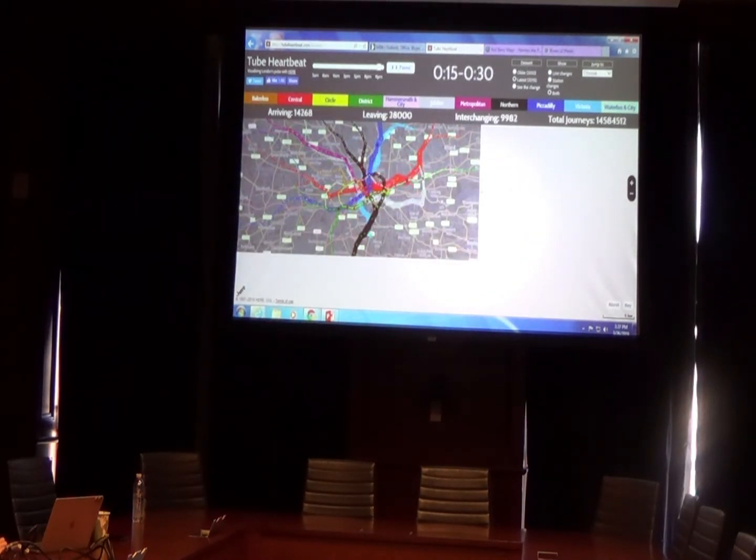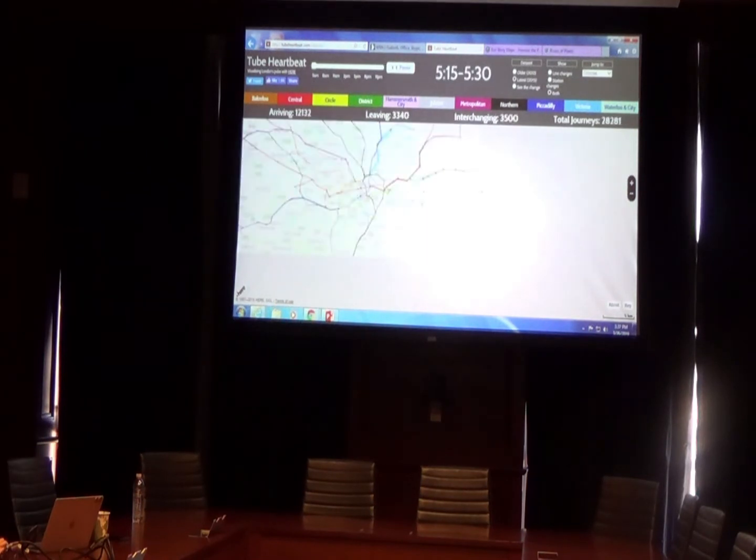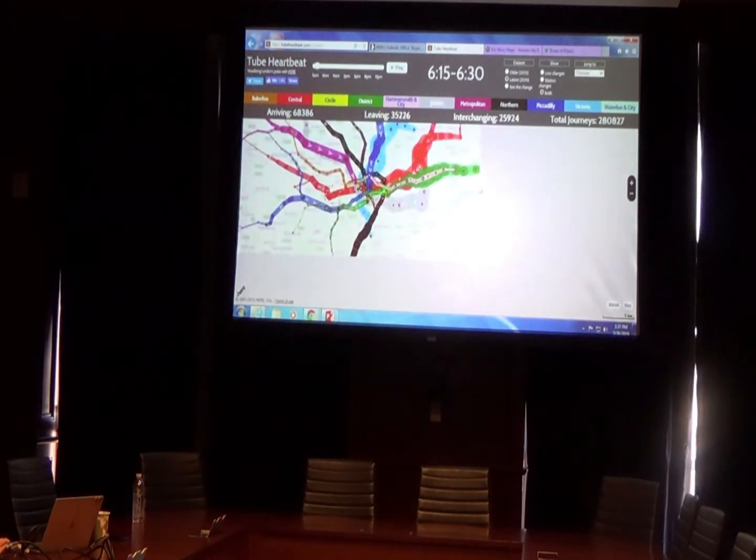There we go. And it gives you more of a sense of who's coming in to London at what time, who's going out of London at what time, which traffic stops are busier, which traffic stops are less busy. So the idea is that the public could use this and say, oh, it's going to be really busy then, I think I'll wait to go at a different time when my particular subway station won't have so many commuters on it, right? So there are some of these kinds of things which might have a more practical application, but